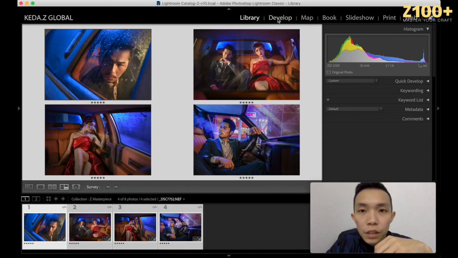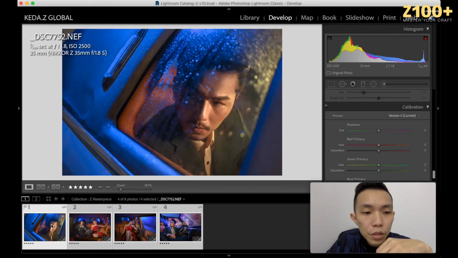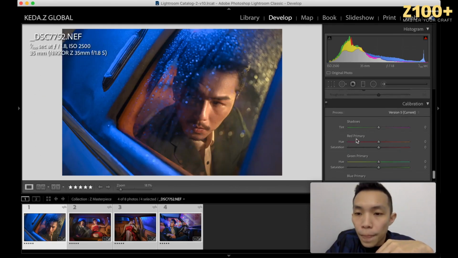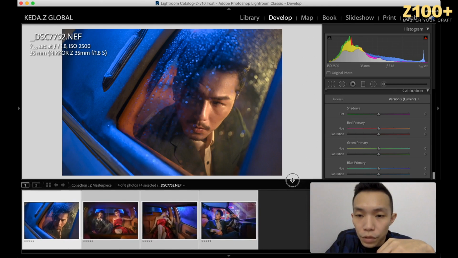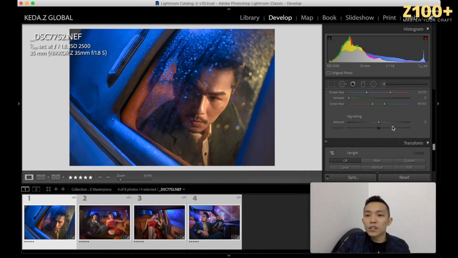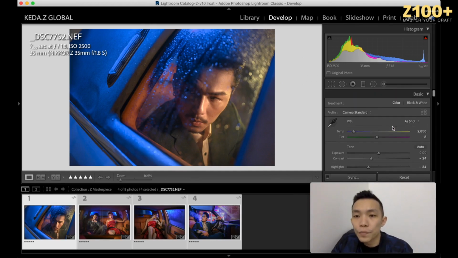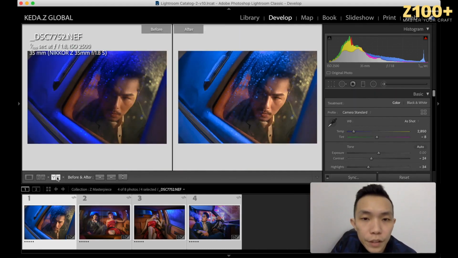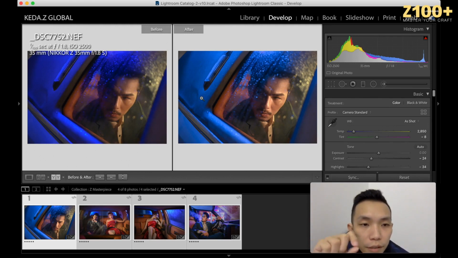So first thing is we go to develop, and let's do the first images. Okay, so this is my first image. So let me go to the reset. Okay, so this is already done in Lightroom. So let me show you the before and after here. So actually it's not much different. You can see here the blues, I adjusted slightly, and also the skin tone brightened a little bit, and you can see the